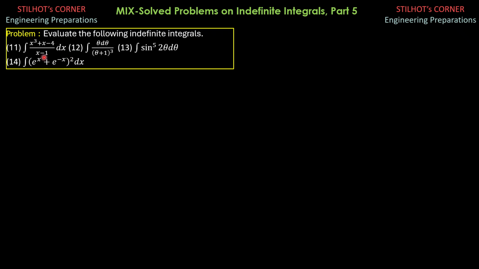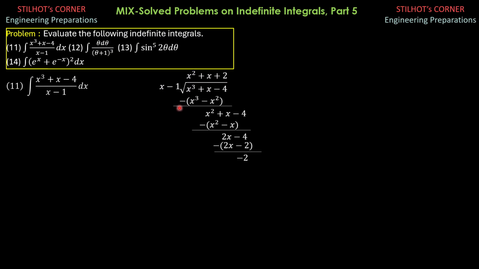We divide first because this is integration of rational expressions. So we apply long division here, and this is the process of long division. This is the dividend, that's the divisor. So x cubed divided by x is x squared. Times x cubed, x squared times negative 1, negative x squared. Then we subtract this expression from the dividend, and we have x squared plus x minus 4.